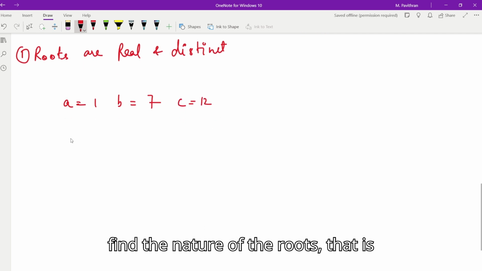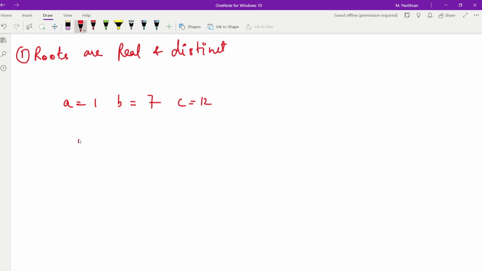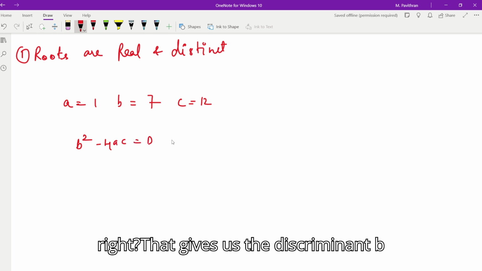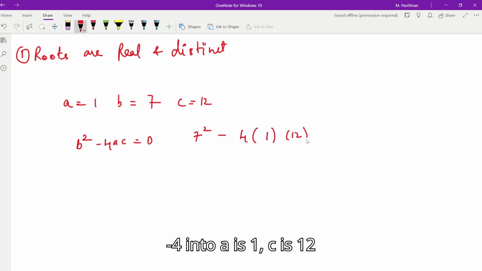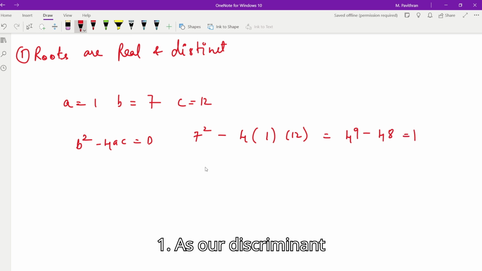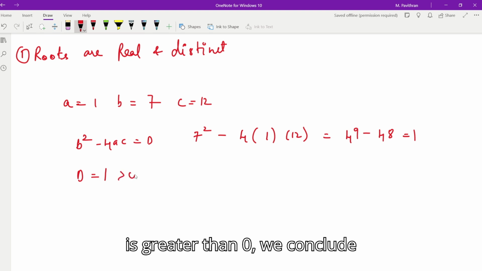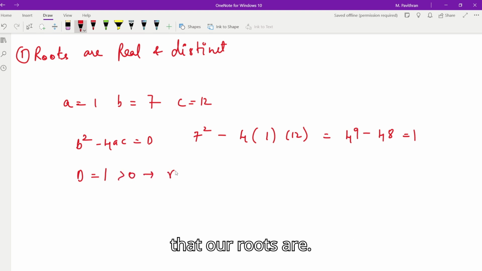Now let's find the nature of the roots, that is b square minus 4ac, right? That gives us the discriminant. B square is 7 square minus 4 into a is 1, c is 12, right? We get 49 minus 48, that is equal to 1. As our discriminant is greater than 0, we conclude that our roots are real and distinct,